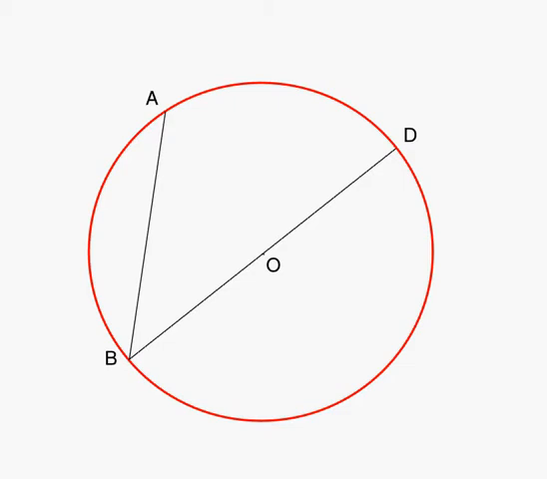In this case, we're looking at angle ABD. This is different than angle ABC because in this case, BD is a diameter. So this is an inscribed angle, ABD, but an inscribed angle where one of the sides of the angle is a diameter. How does that make this problem a little bit easier? Well, what we can do is draw from the center O to point A a radius,